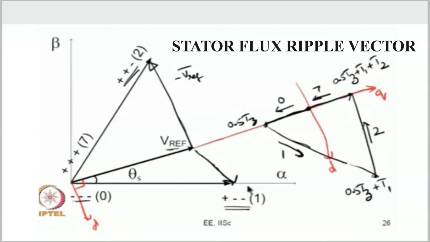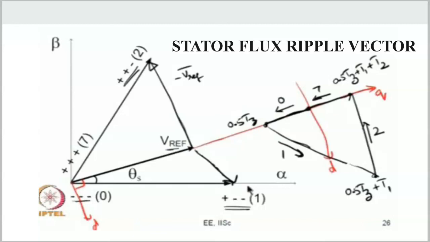The horizontal line is called the error voltage vector. This is the error voltage vector, and we are integrating that, and it will go along this direction, which is parallel to the corresponding active vector 1. Here we can see it is parallel to the error voltage vector. At the end of this, after drawing a parallel line, it will reach 0.5 tz plus t1, and we have reached here now.